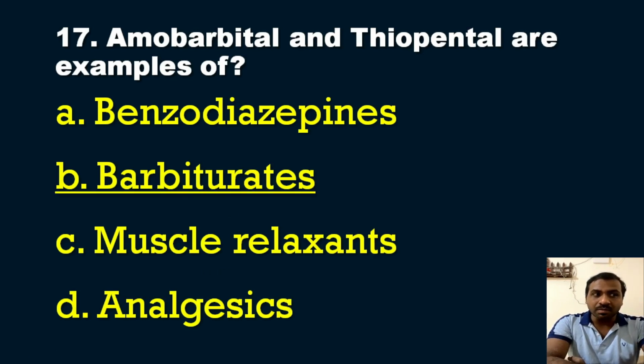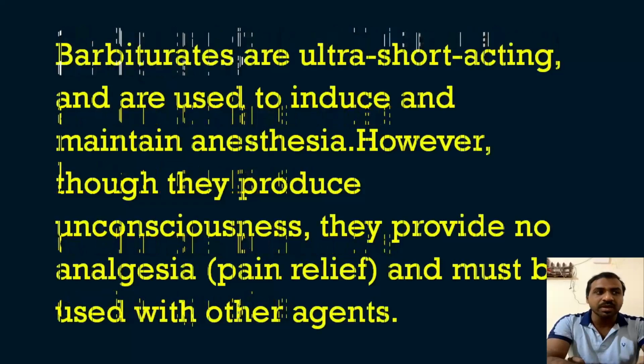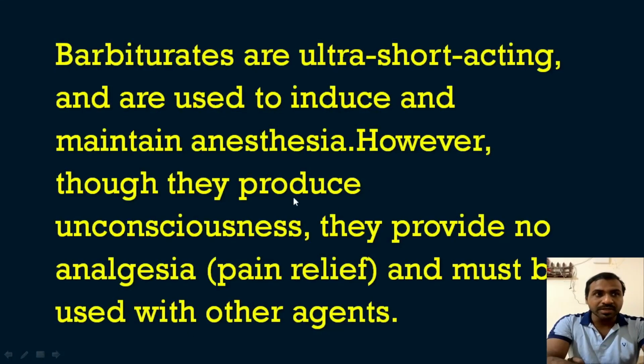So these are barbiturates. Amobarbital and thiopental are examples of barbiturates, and you know that barbiturates are ultra short acting and are used to induce and maintain anesthesia. So they are ultra short acting anesthetic agents which are used to induce and maintain anesthesia. However, though they produce unconsciousness, they provide no analgesia. The important thing is they will not provide pain relief, but they will produce unconsciousness and must be